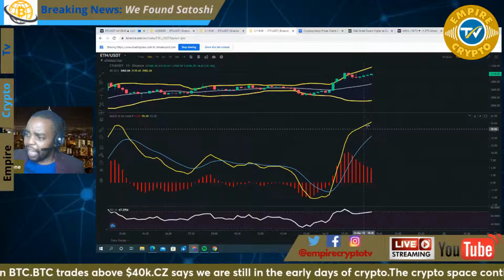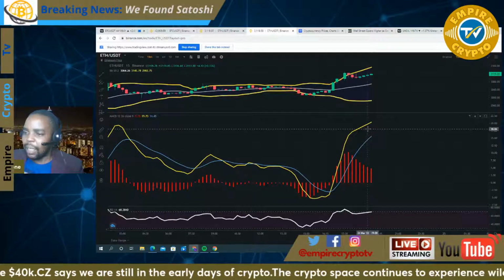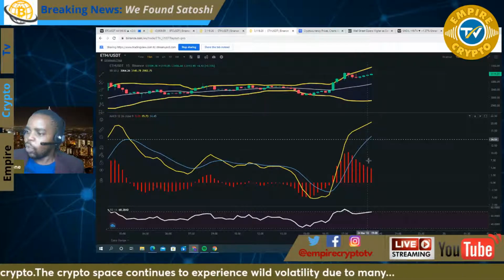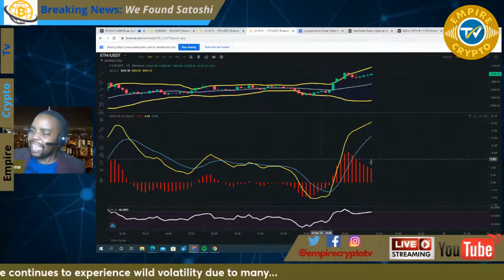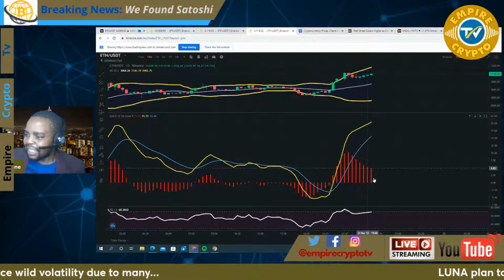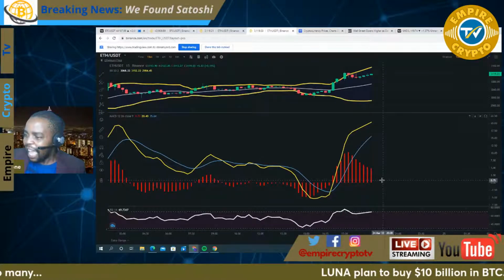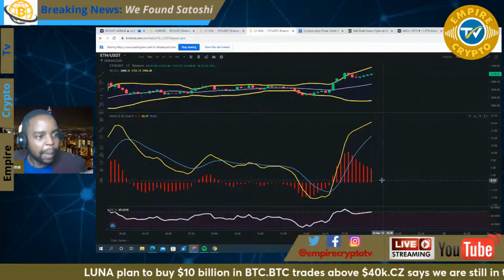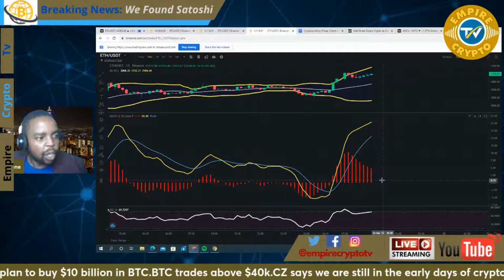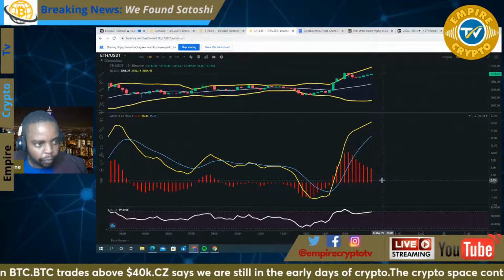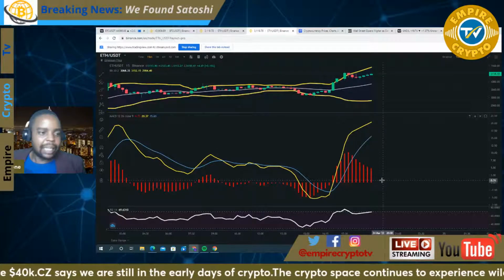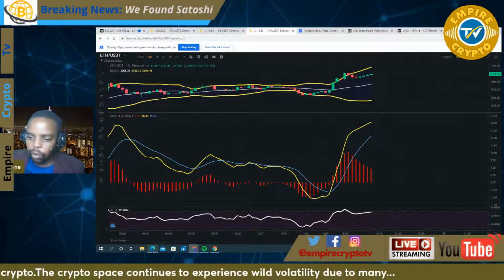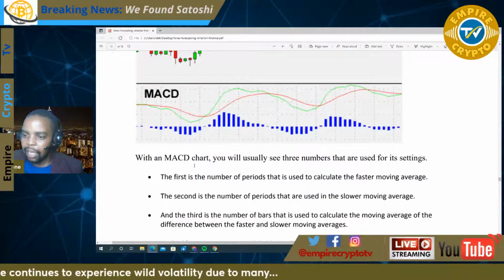As soon as you see these two lines coming together or trying to form a crossover, you can also look at your histogram, at these bars as they decrease in size. When they decrease in size, they also give you a signal that the trend is about to change from bullish to bearish, or from bearish to bullish. So watch out for that kind of indicator, which is quite helpful for you. But let's carry on and look deeper now into this moving average as well.